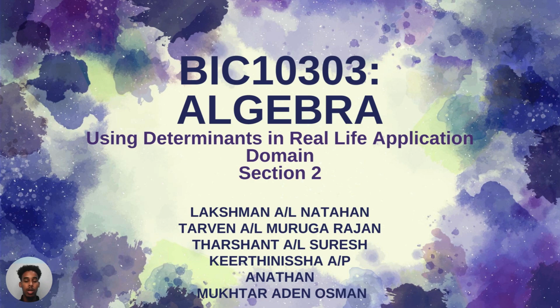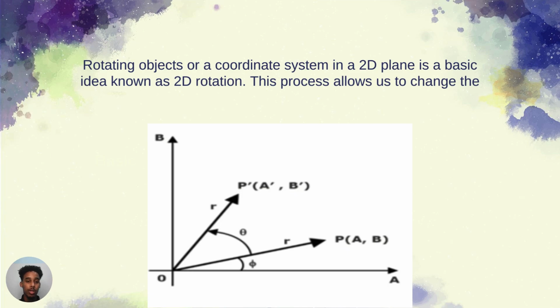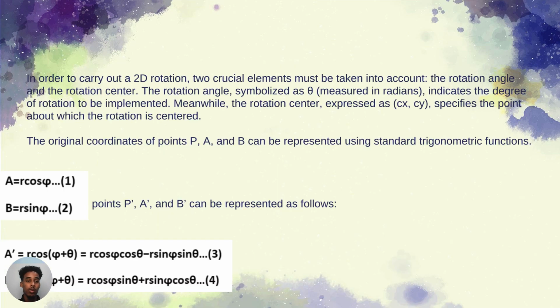Firstly, my name is Mukhtar Adan Osman and I'll be presenting Domain 3, the rotation in computer graphics by using determinants. Rotating objects or a coordinate system in a 2D plane is a basic idea known as 2D rotation. This process allows us to change the direction of graphic elements around a definite point or axis using a specific angle. In order to carry out 2D rotation, two critical elements must be taken into account: the rotation angle and